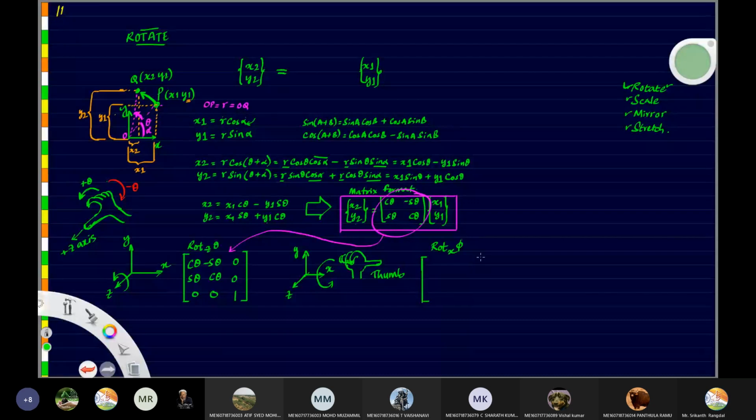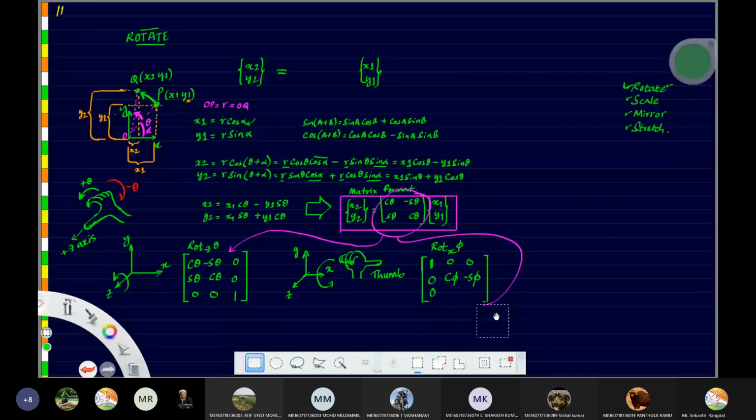Okay. So now let us write again the equation. Because it's rotation about x, what we have to do is first row and first column we have to write like this. The intersection point will be 1 and all other values will be 0. And once again, this part here will come here. Fine. So what we'll get here? We'll get C phi, minus S phi. Why we are taking phi?